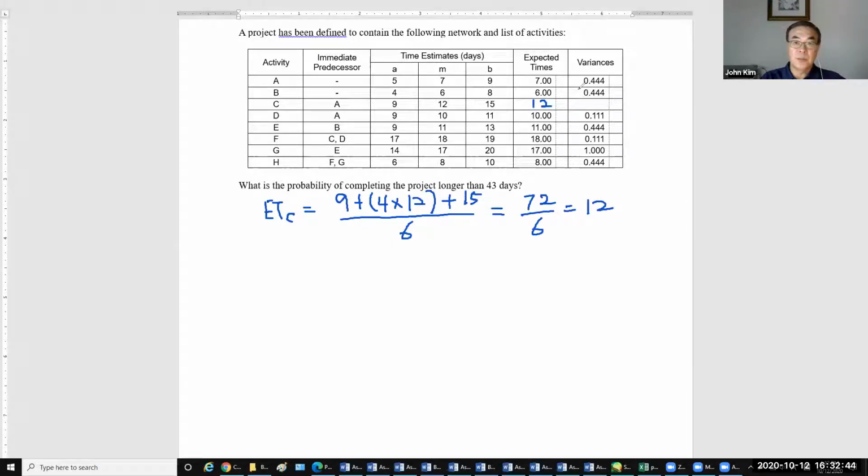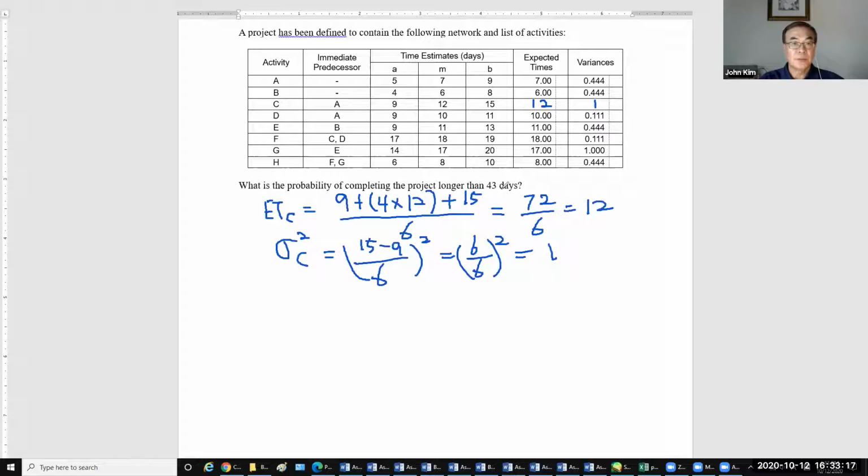And then you need a variance for C equals B 15 minus A 9, divided by 6, and squared, equals 6 over 6 squared equals 1. And then to figure out